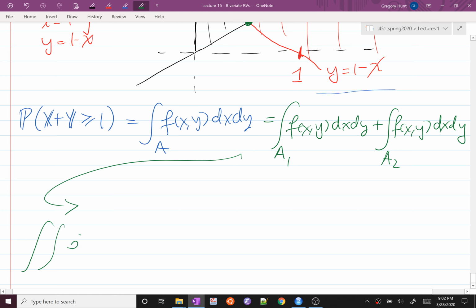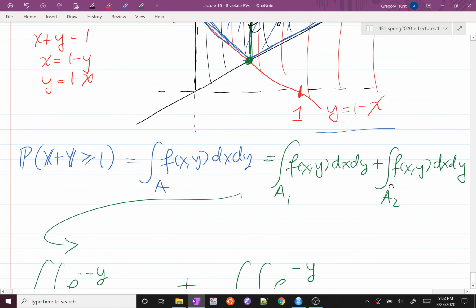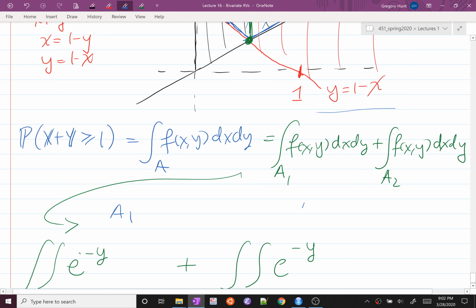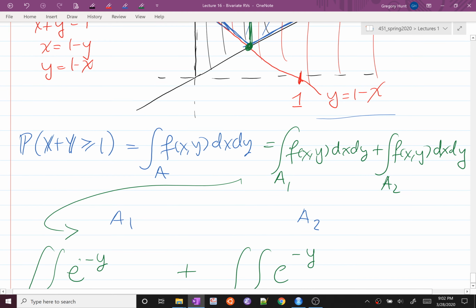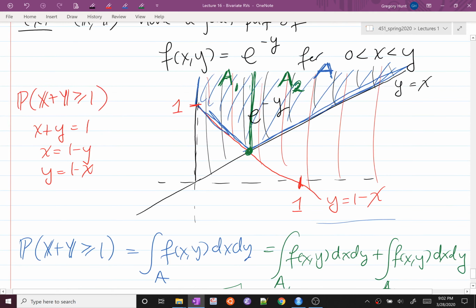F(x,y) we said is e to the negative y, and then plus something else. This is another double integral. Same function we're integrating, which is our PDF, e to the negative y. And now let's figure out in the first region, so this is A1, this is the integral over A2. In our first region,